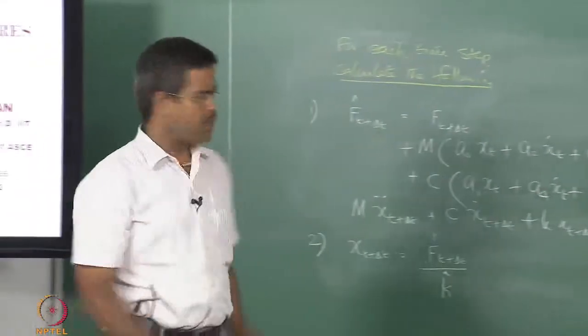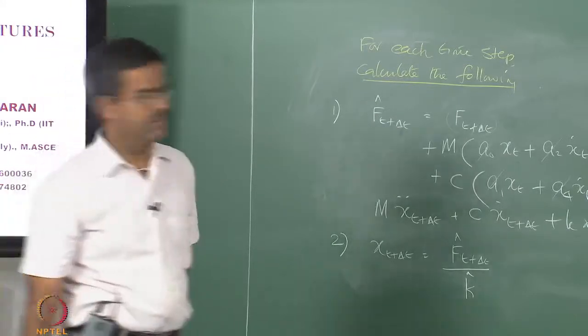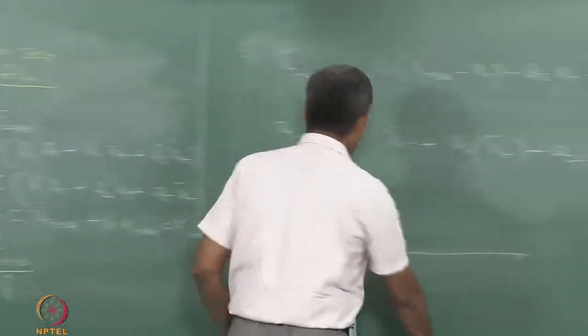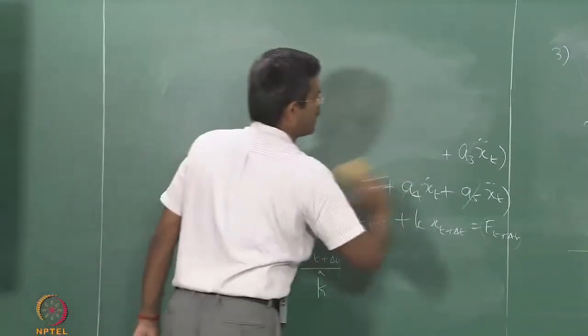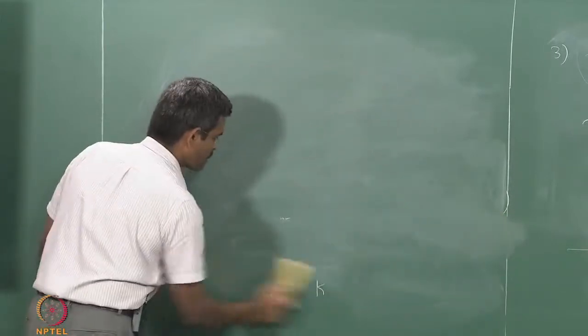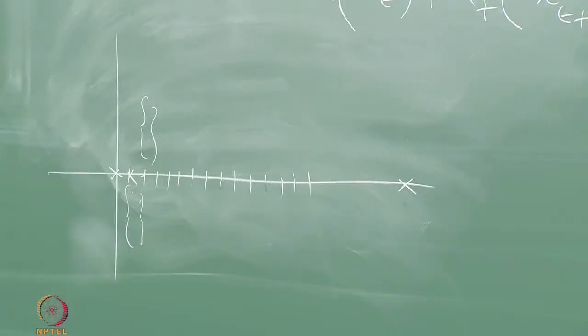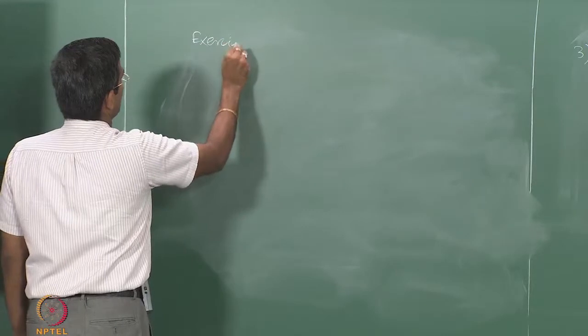Okay, that is very important. So, you can make it as close as possible, so it looks like continuous. This is a scheme suggested by Newmark. Now, let us implement this and understand how we can solve a simple problem. Then I will show you how this problem becomes more complicated when you attempt to solve it for compliant structures. So, let us take a simple problem, the example or exercise, whatever you call it.